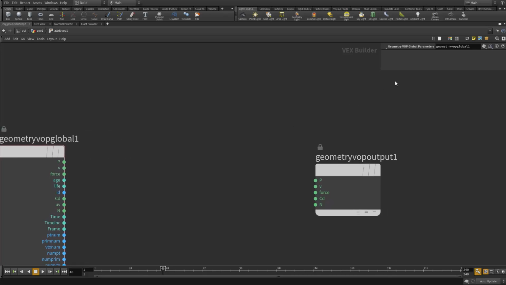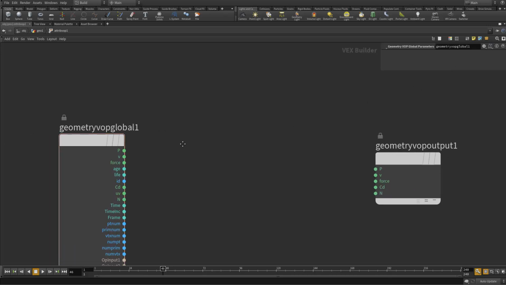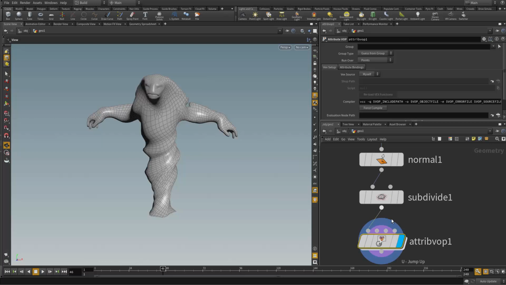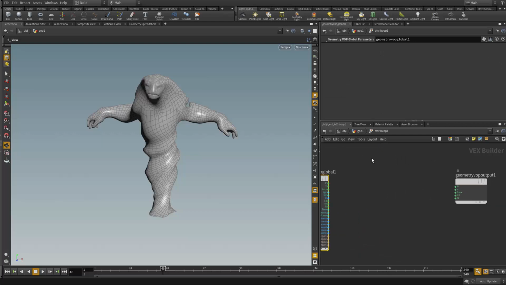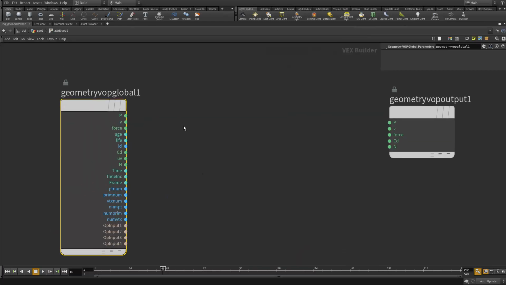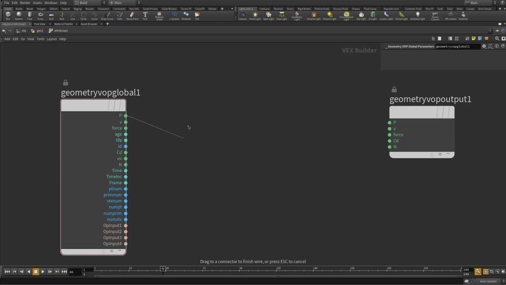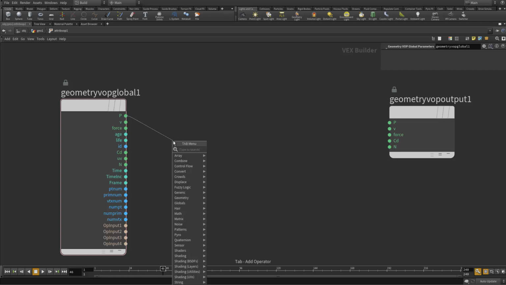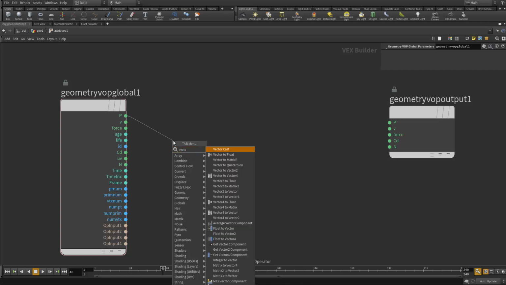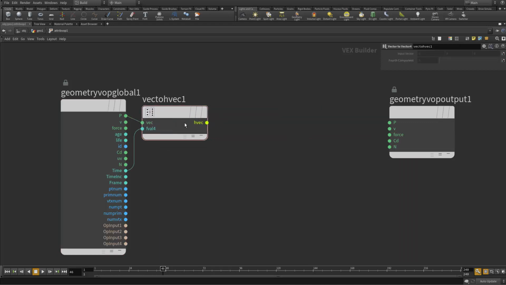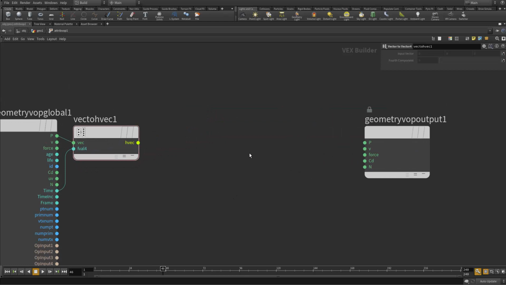And right now, if I press the P button, it doesn't really show me anything. But anyway, right now I'm doing that on the point level, right? That's what I need. So let's double click inside, Control B to maximize this pane. That's what they call that, a pane. So I'm gonna go to P here and type in vector to vector 4 and drag the time there. It's gonna allow me to create a 4-dimensional space, or time and position, and I'm gonna use that to drive